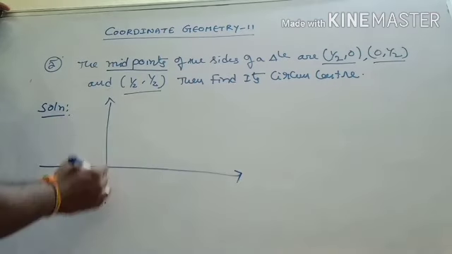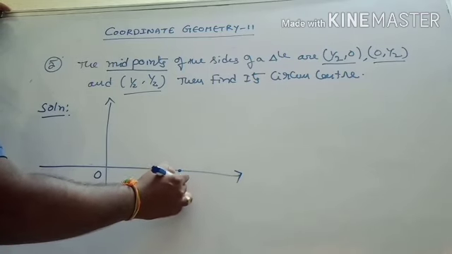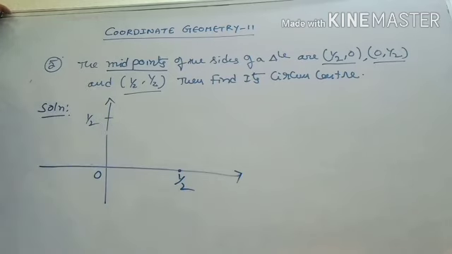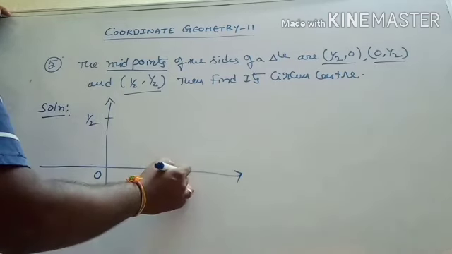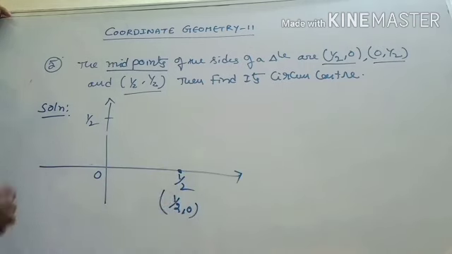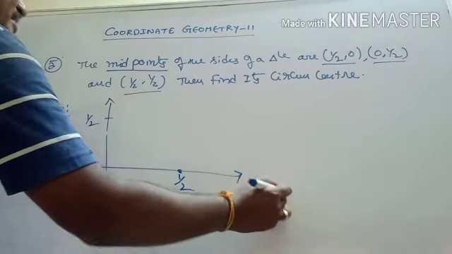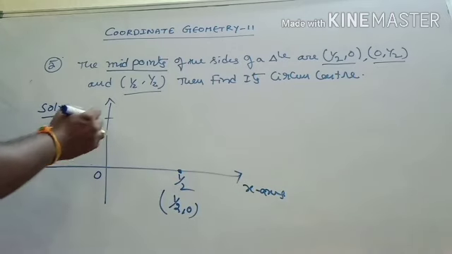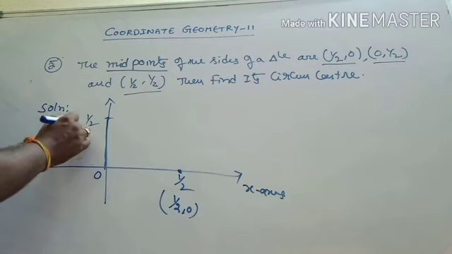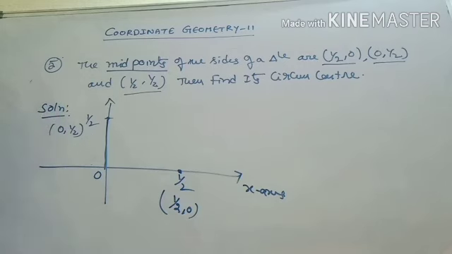Let us trace them. This is 0 you have here, right? Let us write here 1 by 2. One of the midpoints they have given is 1 by 2 comma 0, which lies on the x-axis, because the y coordinate is 0. This is the x-axis you have here. And another midpoint is given, 1 by 2, that means 0 comma 1 by 2. 0 comma 1 by 2 means this lies on the y-axis because the x coordinate becomes 0, right?